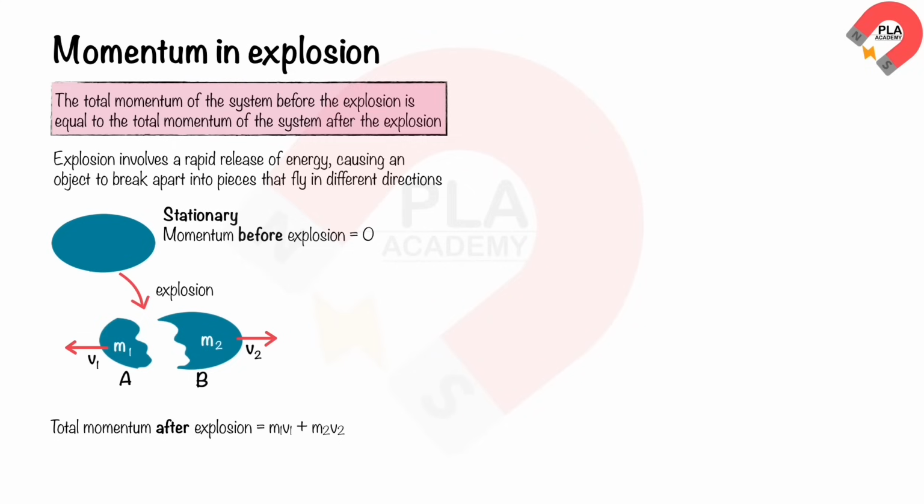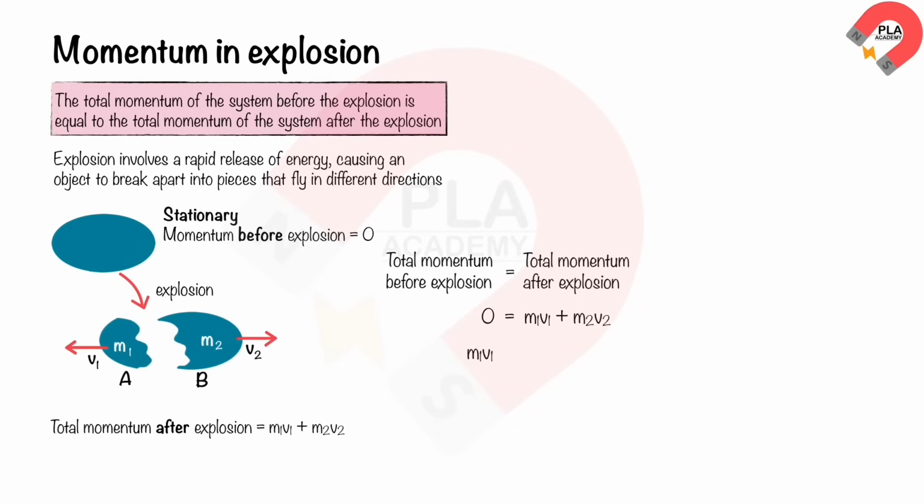So, total momentum before explosion equals total momentum after explosion. Then, 0 equals m1 v1 plus m2 v2. And m1 v1 equals minus m2 v2. This equation tells us that the momentum of fragment m1 is equal in magnitude, but opposite in direction to the